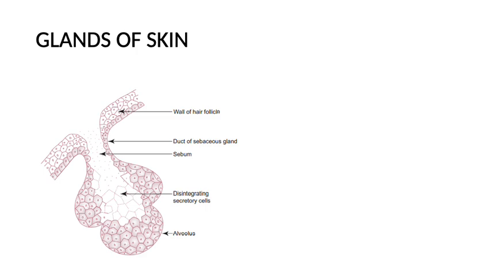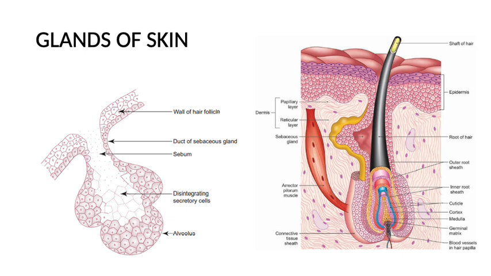Sebaceous gland कहाँ पे होते हैं? They are found in the dermis. If you see here, see this erector pili और ये hair के बीच में जो है, that is the sebaceous gland. Okay. So it opens into the hair follicle. तो oily secretion जो secrete कर रहा है वो hair follicle के opening से ही आता है. And based upon the mode of secretion this gland is classified as holocrine gland.